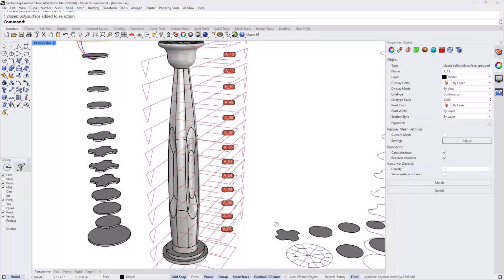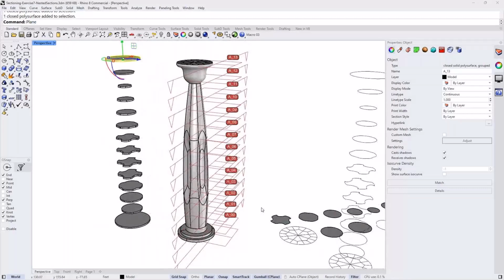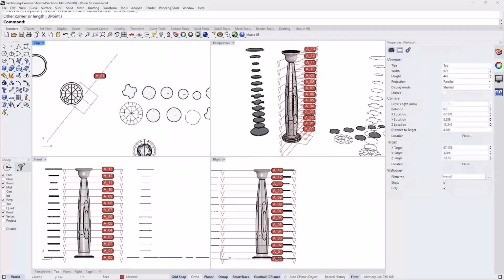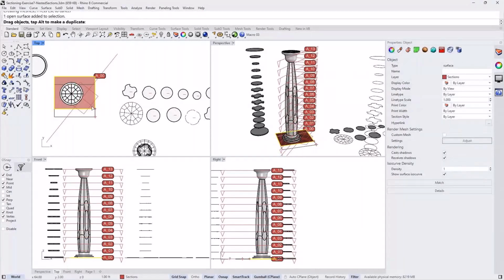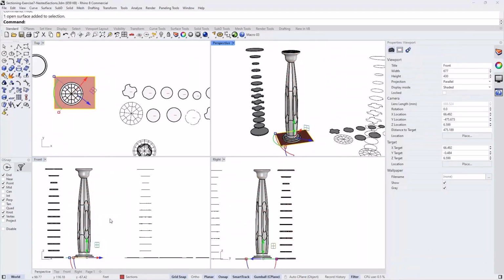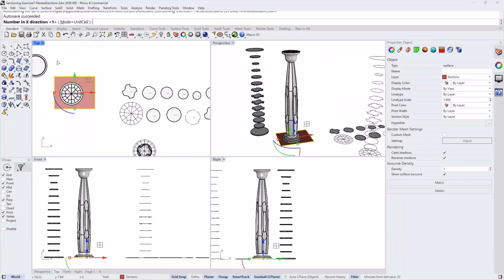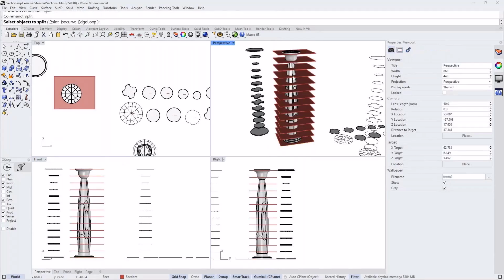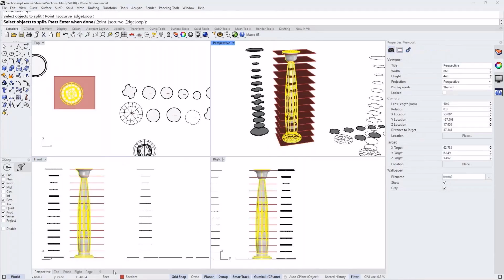So instead of creating clipping planes, you could have created just simple planes on the XY plane, as a workflow that I can think of for what you are describing, and correct me if I'm wrong. If you have created a plane, and I'm just going to hide all those guys, you want to array that plane. I'll run the array command and do the same I did before, and you want to kind of split your object. Am I going in the right direction with you?